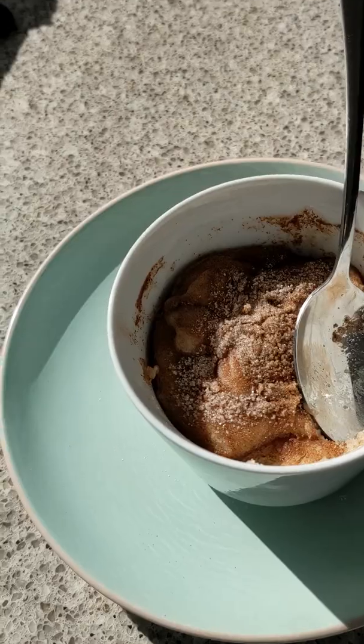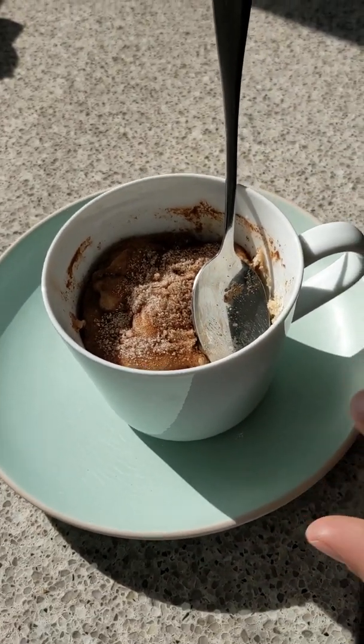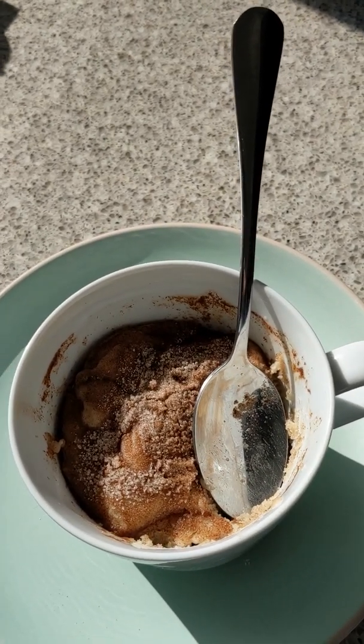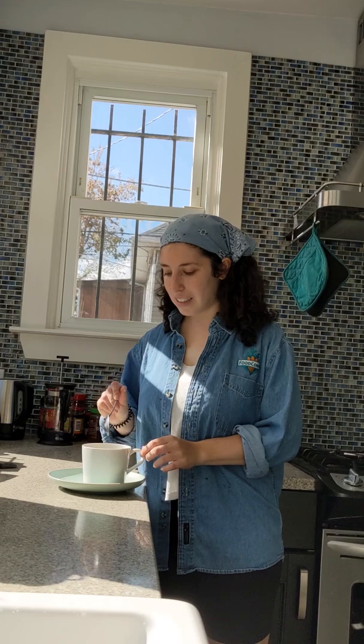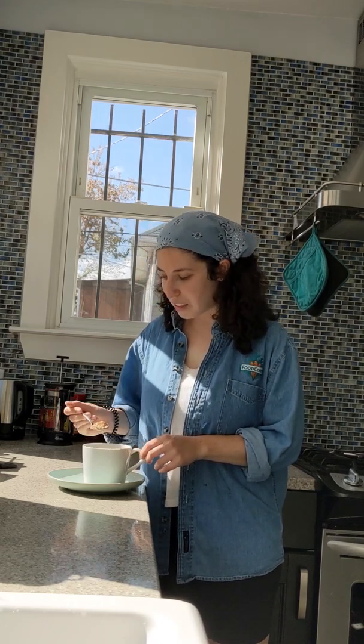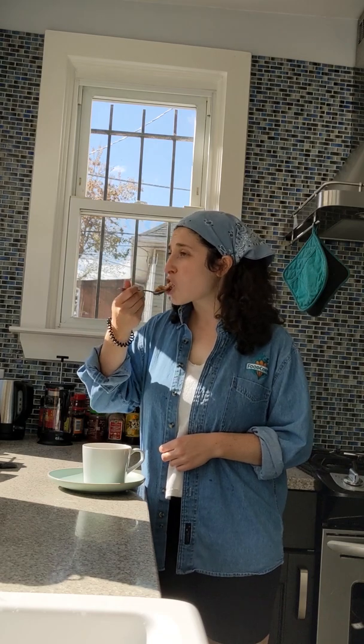Alright, so it's been about a minute and a half and our mug cake has come out of the microwave. I wish I had a clear mug so you could see the layers, but it looks and smells so delicious. It looks so amazing. I'm going to take my first bite, and it's cooked perfectly all the way through. And it's very hot, but so delicious, and a really, really easy, quick way to make a very special feel-good